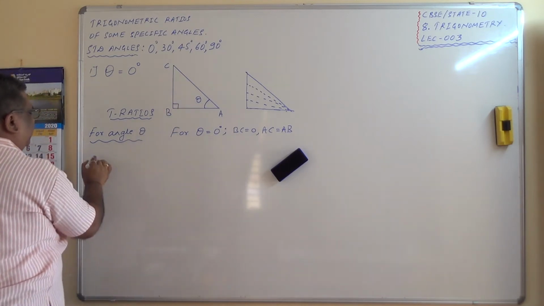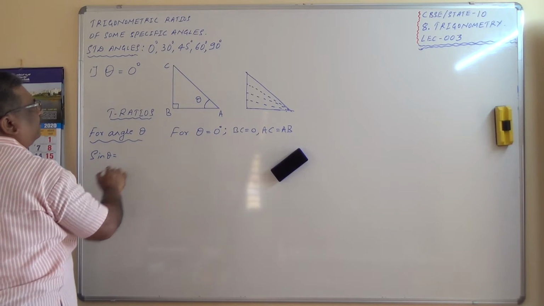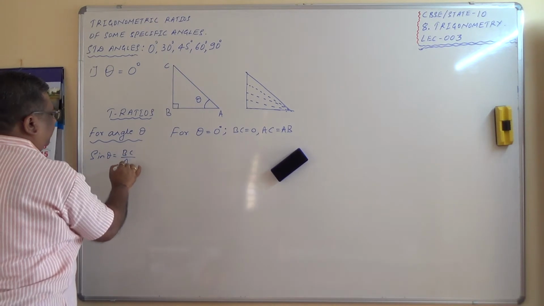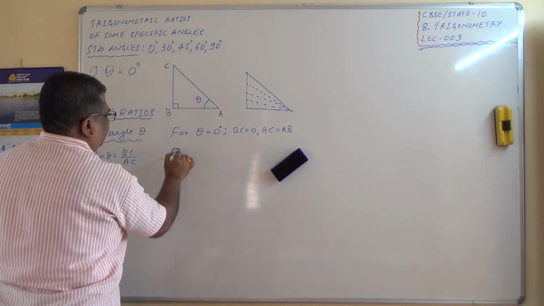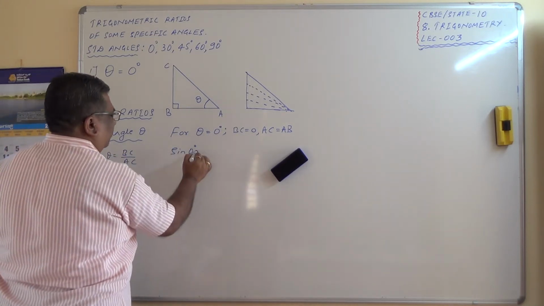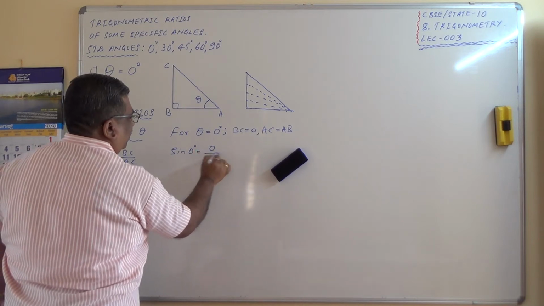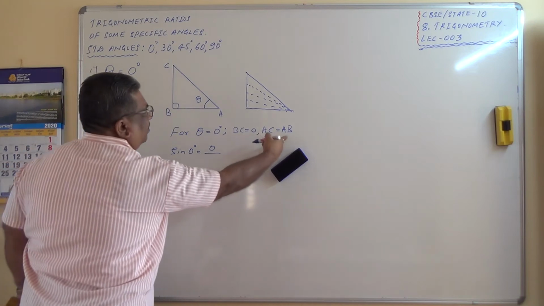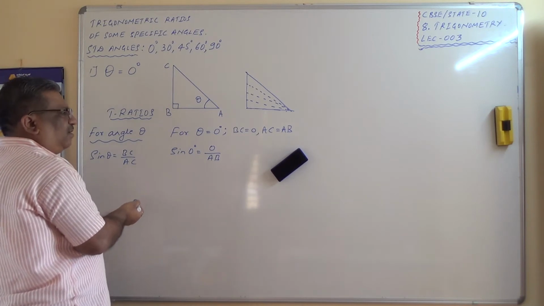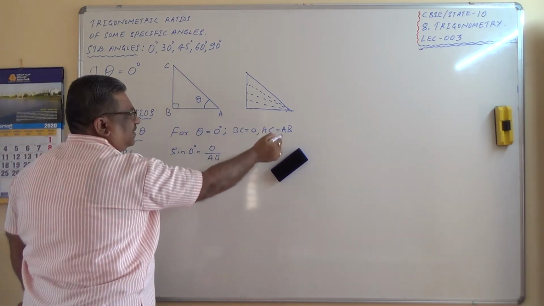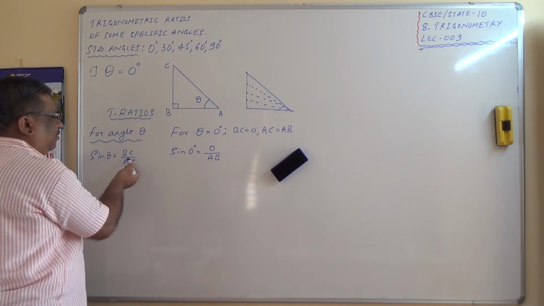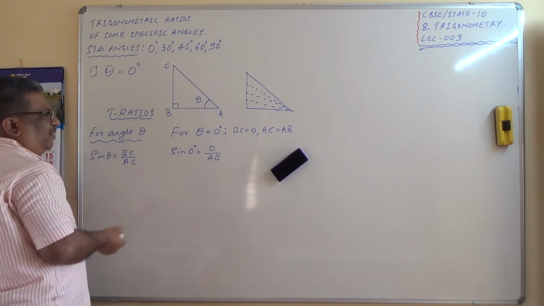So for angle theta, sine theta equals BC by AC, opposite by hypotenuse. For sine 0 degrees, because theta is equal to 0, what is BC? BC will be 0. So BC is 0 divided by, what is AC? AC will become AB. So I'll write AB. You can retain AC also as it is. There is nothing wrong. But as the theta changes, I am writing the resulting consequences over here. But generally we can write BC by AC. BC is 0, 0 by AC we will write. That way also I can take it. I hope you are able to understand.